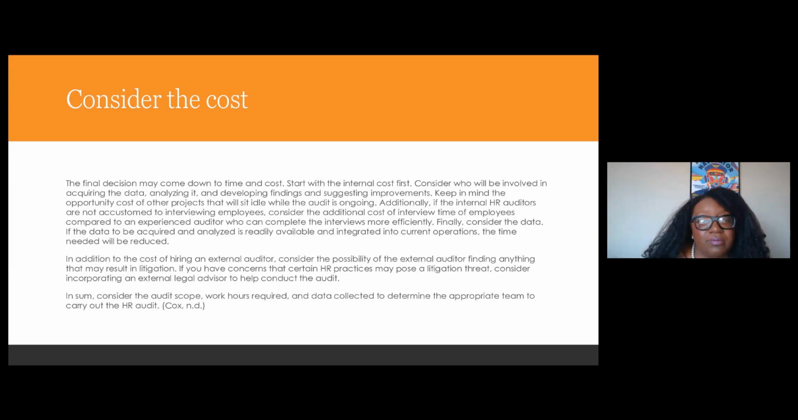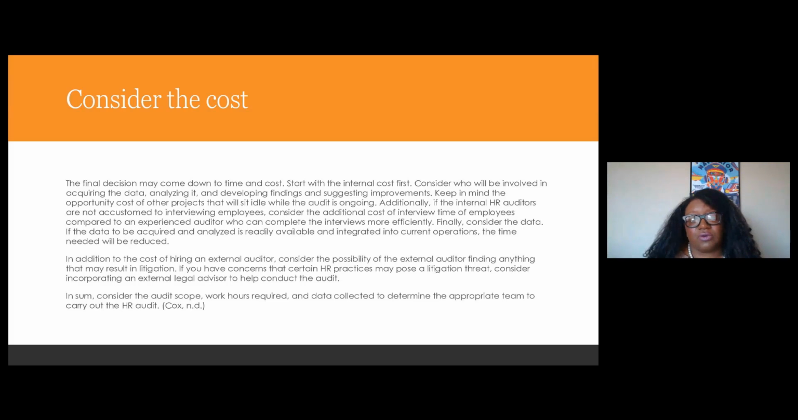So if you have concerns that certain HR practices may pose a litigation threat, consider incorporating an external legal advisor to help conduct the audit. Most school districts already have someone who handles legal, so they can help you make sure whatever the agreement is protects the interests of your organization. And also consider the audit scope, work hours required, and data collected to determine the appropriate team to carry out